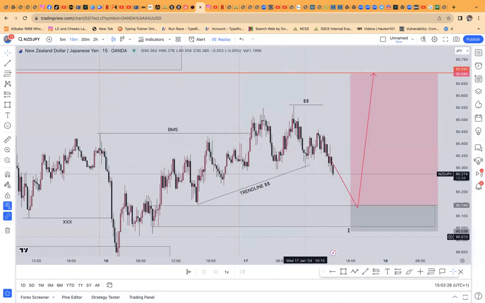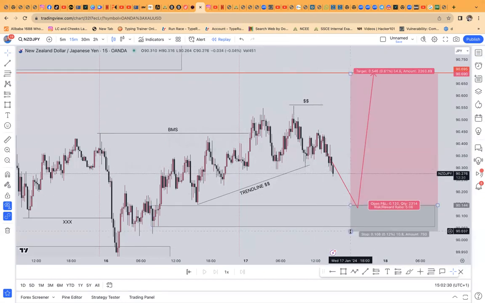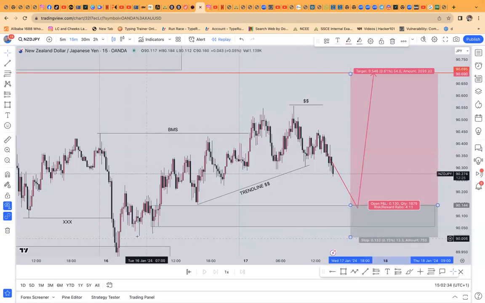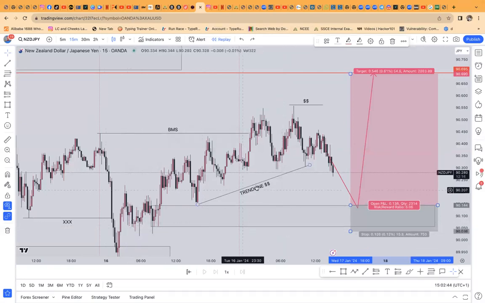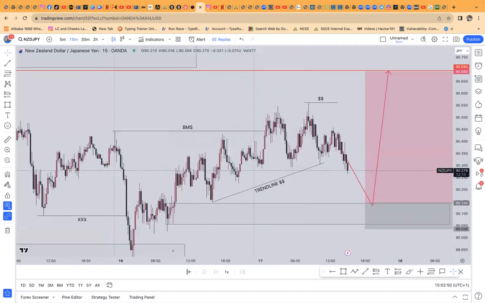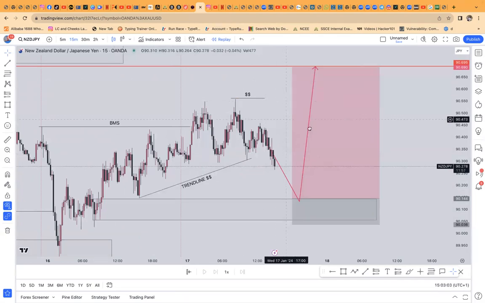And I even gave it breathing space to the downside. Yes, I should have done it like this now, but there is no need because I'm not expecting this, as it has already acted to cover all the inefficiency within this area. So I am not expecting price to go beyond that level. And price already mitigated another block here. Now you can see it move to the upside gradually, gradually, gradually. Anything that happens, price stops here, it just goes up impulsively. And that is it for today.